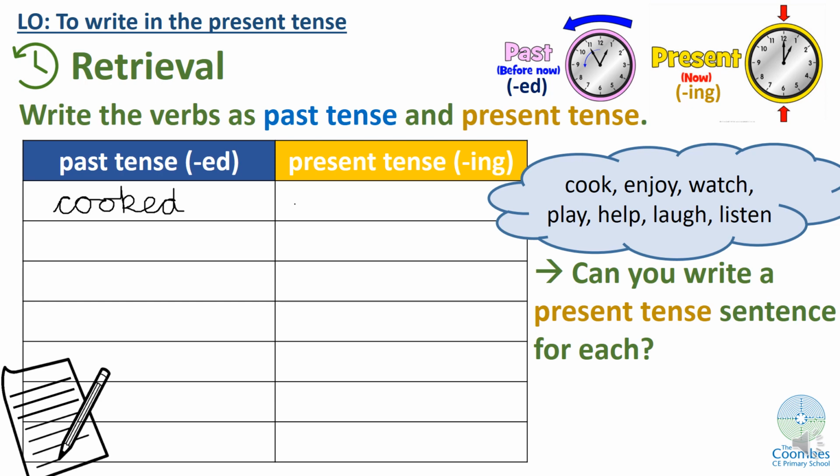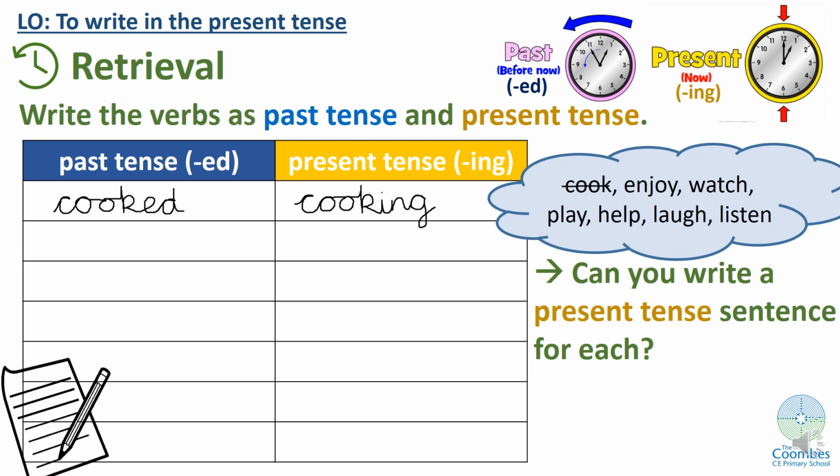So I'll copy down cook again. But this time it's in the present tense. I'm doing it now. I am cooking. I need the ing suffix there. I am cooking a delicious dinner. I'm cooking it now. Then I can cross it off to show I've done that one